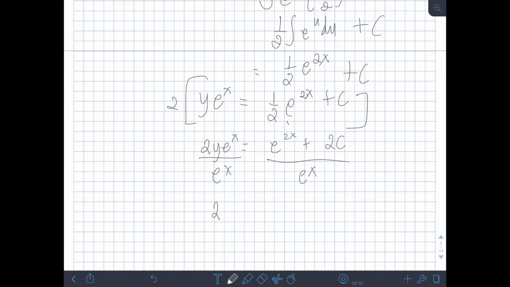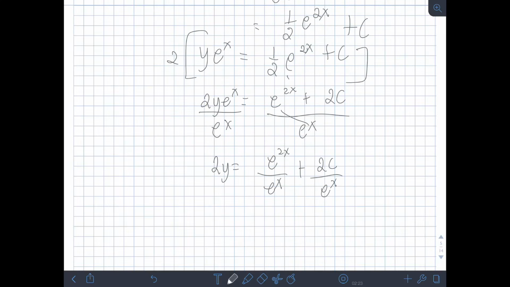So, we have 2y is equal to e raised to 2x over e^x. So, distribute plus 2c over e raised to x. So, 2y is equal to, law of exponent, e raised to 2x over e raised to x. So, 2x minus x is simply e raised to x. Plus, itong 2c over e raised to x, pwede natin iangat yung e raised to x para magkaroon siya ng